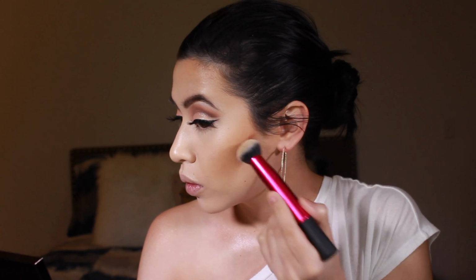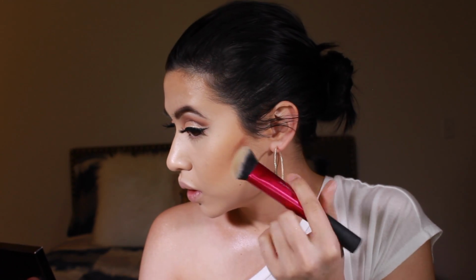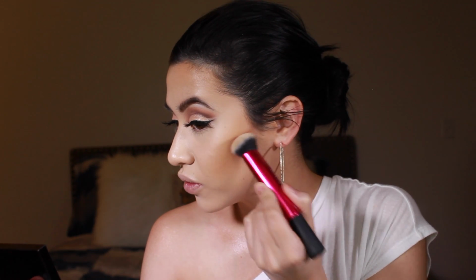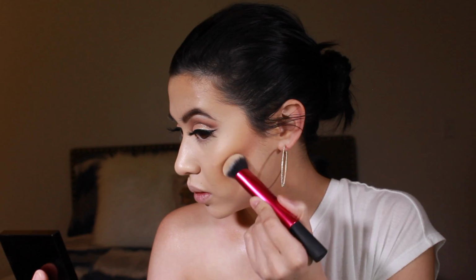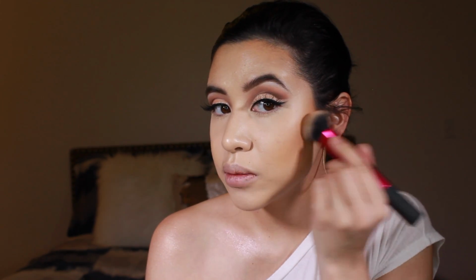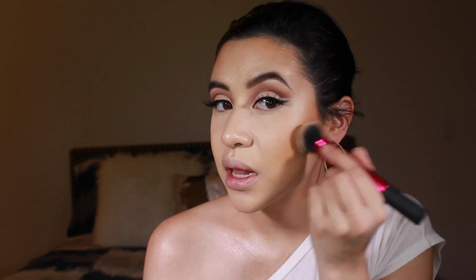So with the same brush, I'm going to take a little teeny bit of this contour color in this Tom Ford Shade and Illuminate palette, and I'm just going to take the very tip of the brush right here and then use that just to really lightly contour as well. So I'm just applying a little bit of the product first and then just stippling it out. And then I'm just going to use the other end of the brush and then really lightly just make sure that that's blended